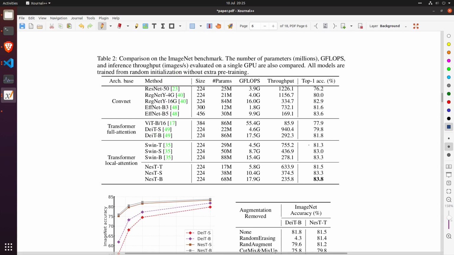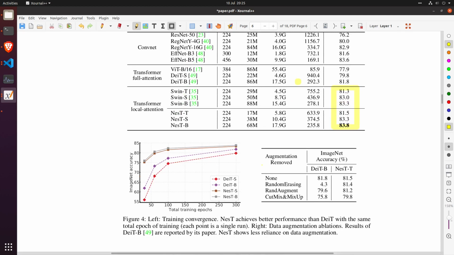So as I was saying before, Swin and Nest look on par-ish. But the key point they want to drive home with this, for instance, is the data efficiency of Nest, right? It's more data efficient than the data efficient transformer. So this is what the ImageNet validation accuracy looks like after a certain number of training epochs. And these two curves here are the data efficient transformer, and this is Nest. So Nest obviously does a lot better with less training. So even after 60 epochs, you're already sitting at 80 plus ImageNet accuracy,